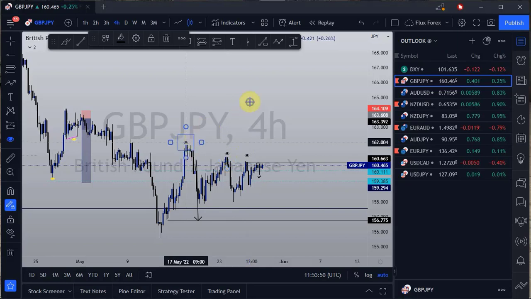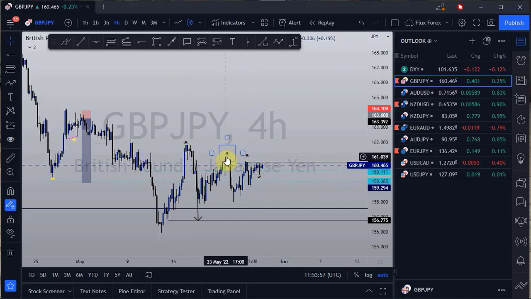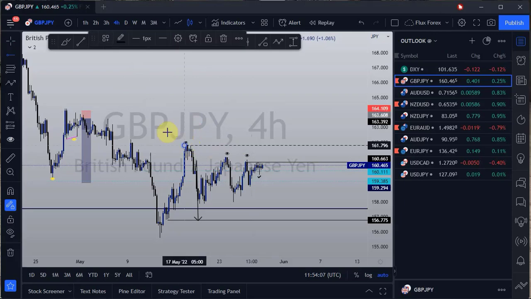Be watching those highs. If price breaks this high and breaks this high too, because definitely if price should break this high, then this high will also be attacked, then it should give you the signal